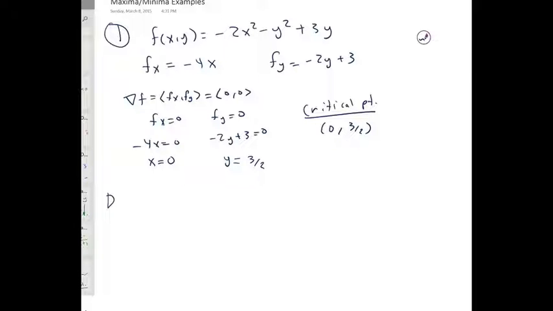So now we're going to find our D. So we need f sub xx, the second derivative with respect to x, which is going to be negative 4. The second derivative with respect to y, which is negative 2. And the mixed partial derivative, which is going to be 0 in this case. So now we define D as